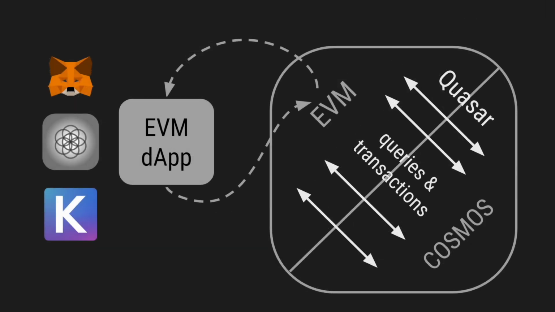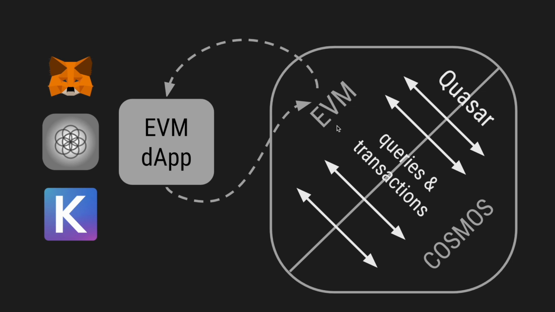The Quasar concept is supporting a bidirectional flow of data and execution between the EVM and the Cosmos execution environment. Because the EVM is implemented as a Cosmos module, you already have access to the EVM from the Cosmos side. And Ethermint already has solved sending EVM transactions through the Cosmos side using wallets like Keplr. But Ethermint does not support access to the Cosmos context from inside the EVM.